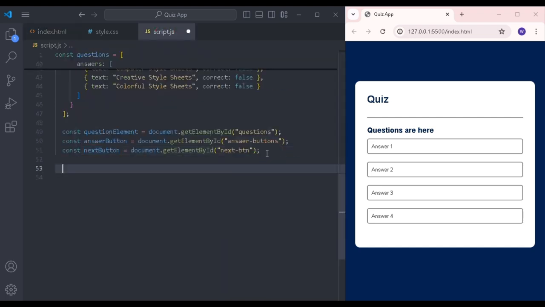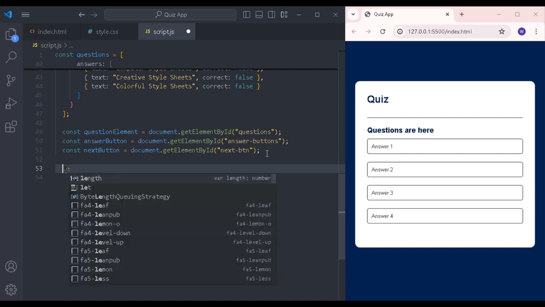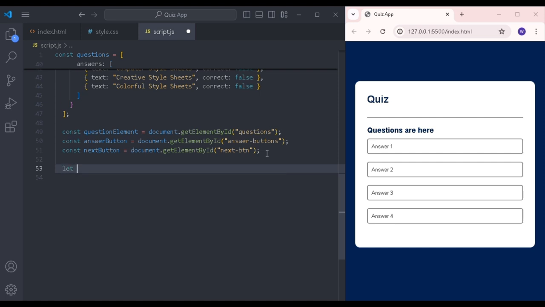Now when we start our quiz app, the question number and the score of the user will be updating. Meaning if we click on the next button, the question number will change, and if the user chooses the correct answer, then his score will also change. So definitely we have to store both of these things and calculate them. For that we will make a variable and give it the name current question index and set it equal to